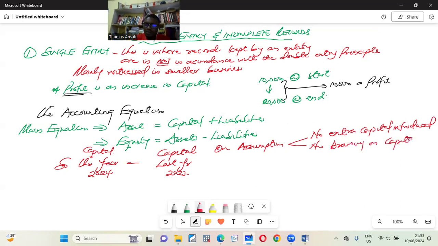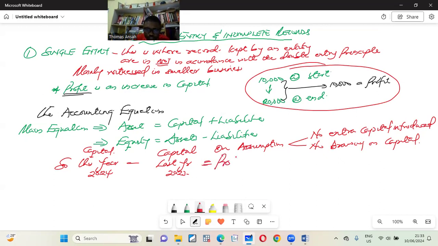What I now realize is that the difference of this year's capital and last year's capital, like we did here, becomes what? Profit. So that is it. It will be equal to profit. If that is the case, then we are saying that